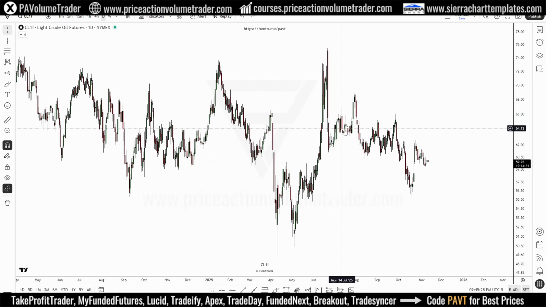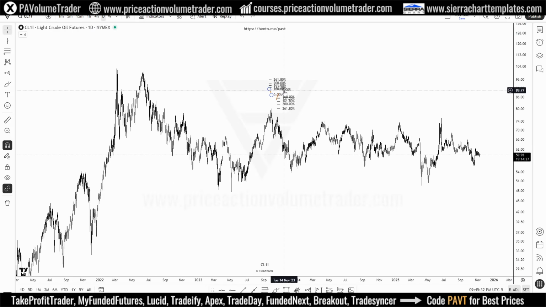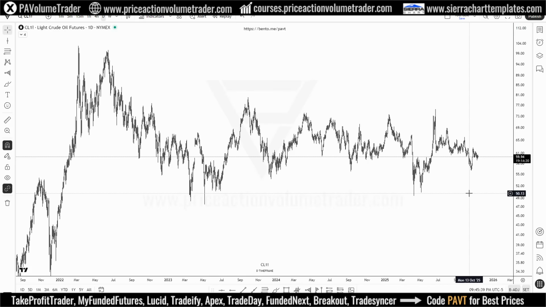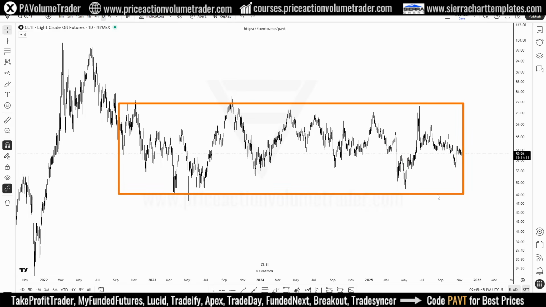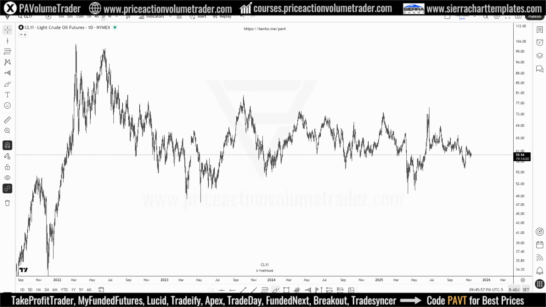Yeah, see, this is the daily chart of crude oil. You can see we're pretty much trading in this range, which has been going since September of 2022. So this is definitely not a very nice chart, because obviously